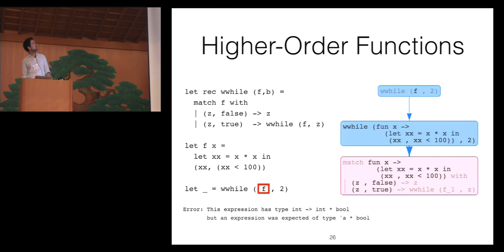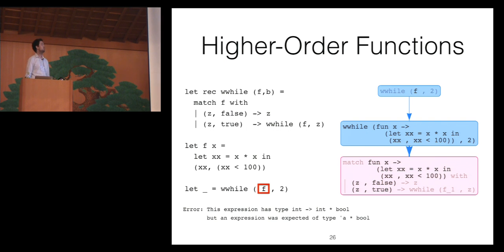The next function I'd like to look at is a function we call WWhile, which is essentially a functional while loop. It takes a function and a starting value, and the idea is you keep threading values through the function until the second element of the tuple it returns is false, at which point you're done. Again, this function type checks on its own, and so the OCaml compiler keeps on going, and eventually it gets to the call to WWhile,